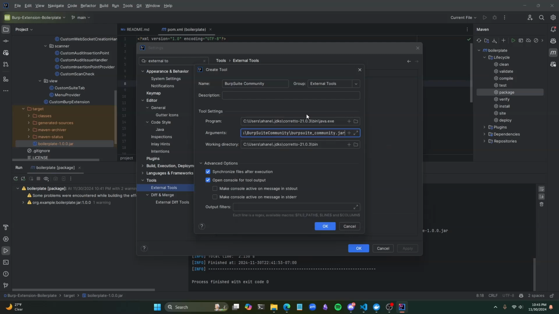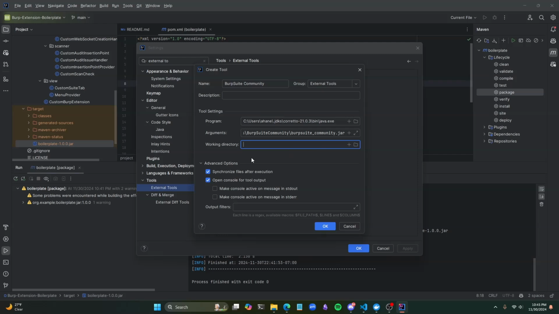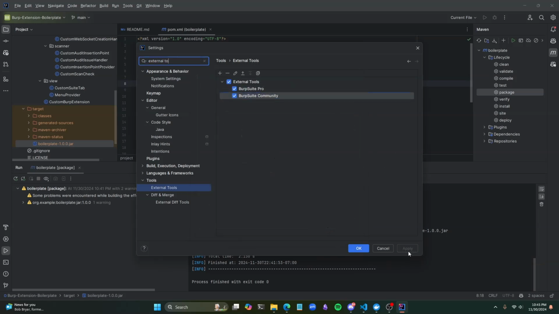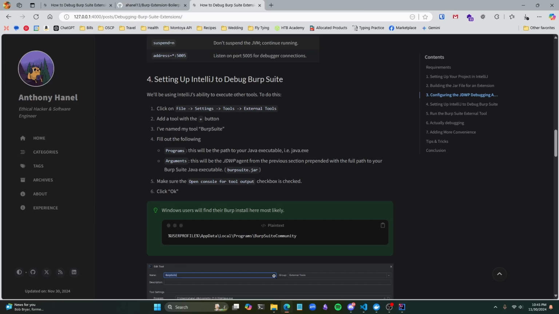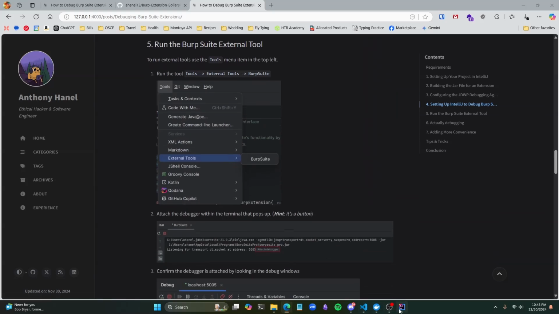There's that working directory. Doesn't really matter since they're all full complete paths. Open console for tool output. Yes. Okay, so we'll hit OK there. Hit apply. All right, so we've set that up, and now we just need to run it, which is